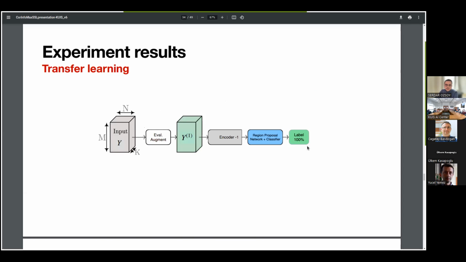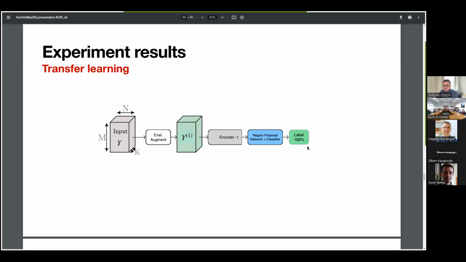So the previous experiments were classification experiments. And what these experiments show us is whether the model learned global features, like whether there's a cat in an image or not, or whether there's a certain object in the image or not, which is what classification evaluates. What we also wanted to look at is whether the encoder learns localized features. And to do that, we also evaluated on other tasks, such as object detection and instance segmentation, which require the model to basically learn fine-grained features on a pixel level.